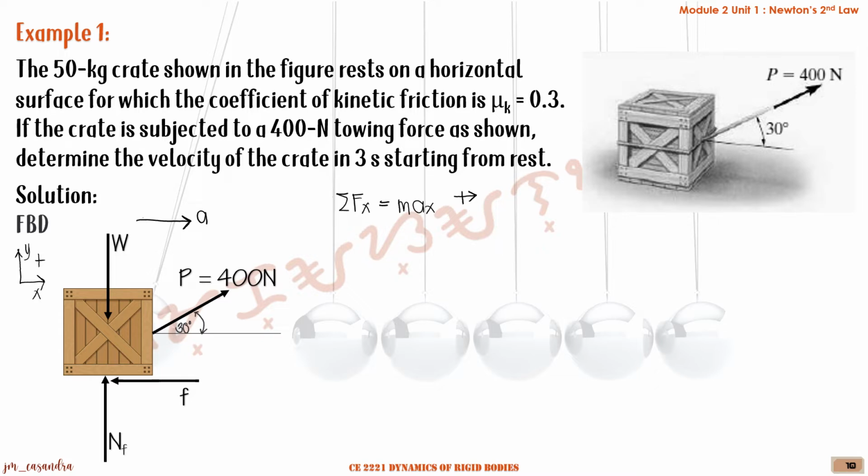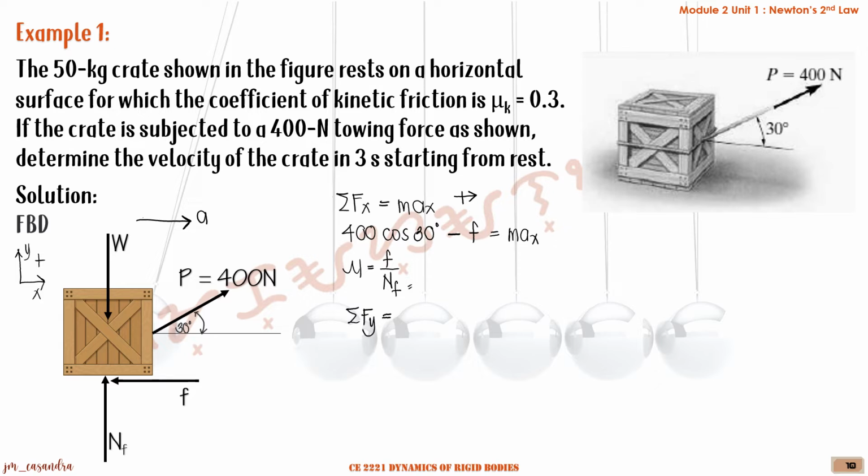For forces along the x, we have our applied force 400 cosine of 30 degrees, minus the frictional force, equal to mass times the acceleration ax. F is unknown, but we know that the coefficient of friction is equal to the ratio of the friction divided by the normal force. The normal force is not yet known,